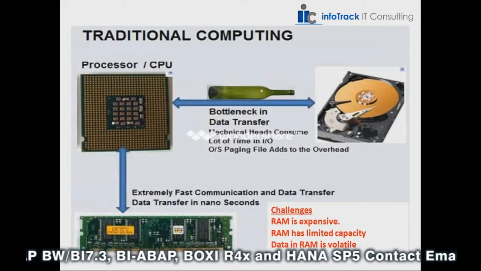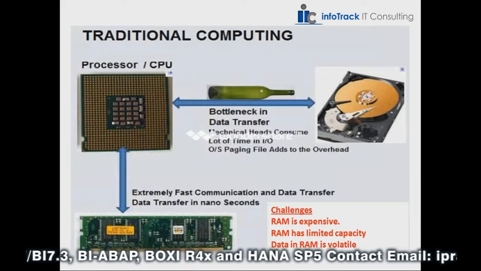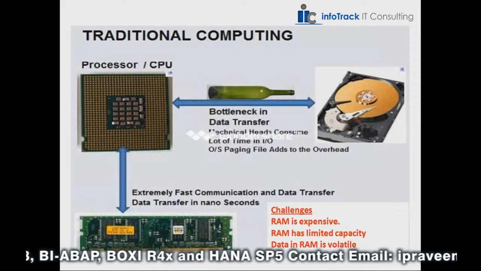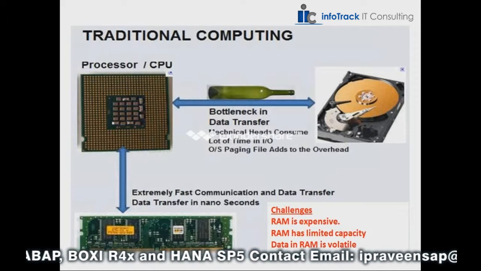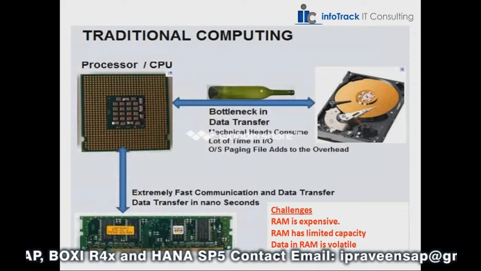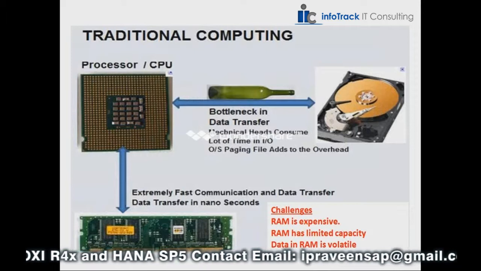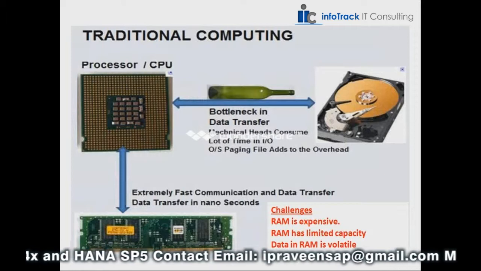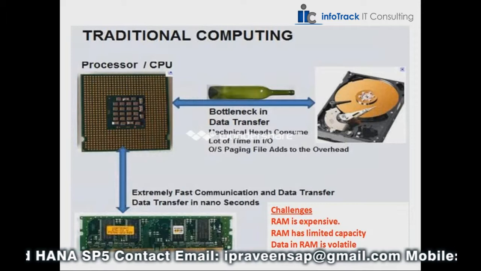Now we'll see some statistics of the memory, RAM. The cost of 1 MB RAM in 1970 was almost $50. In 2001, it came down to 0.01 cents. Access and read time for disk and main memory: main memory access is 100 nanoseconds. Reading 1 MB from memory takes 250,000 nanoseconds. This is a drastic change which we can observe.